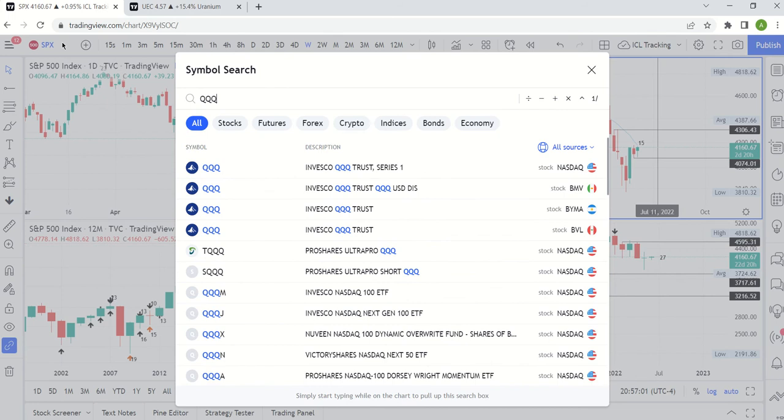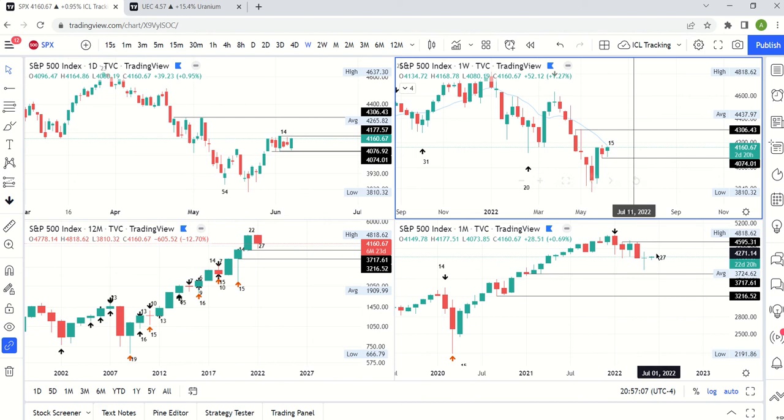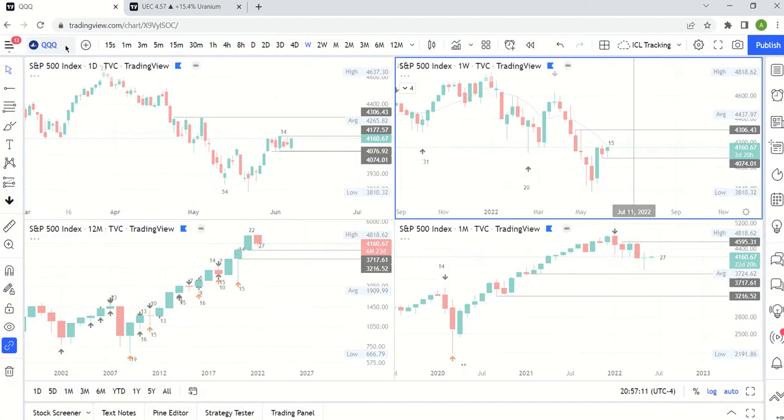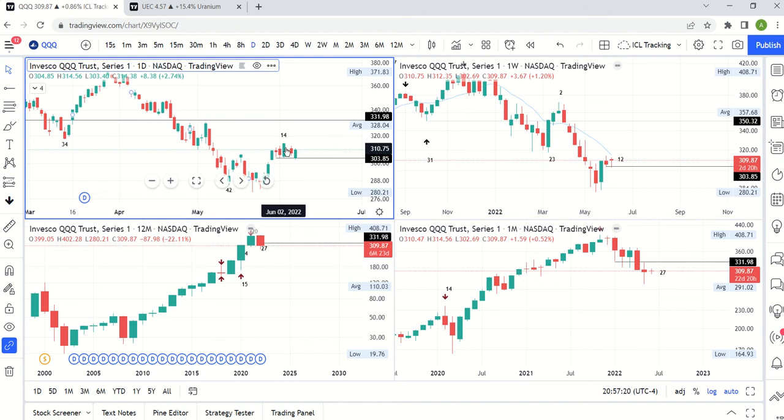QQQ looking even weaker than SPY. Oh, so actually, before I leave this, notice this week 15 is green now, and the month has just turned green. Positive signs for SPX. QQQ not so much. Month is still red. Week is still red. Week 12,